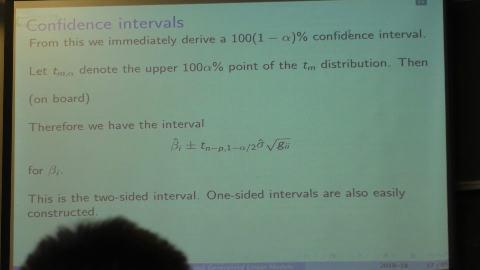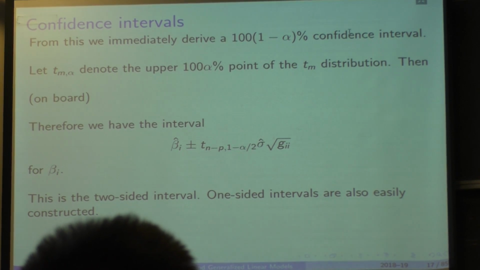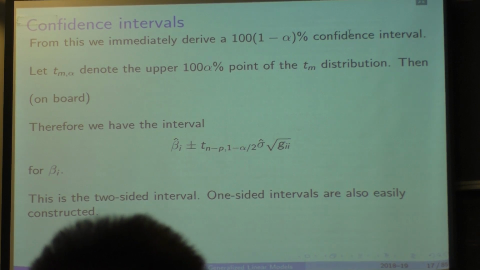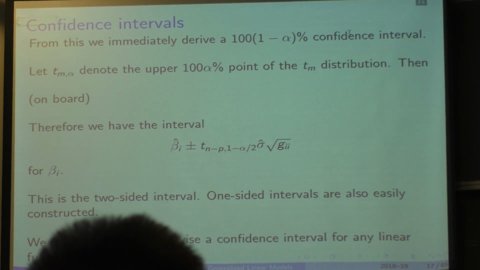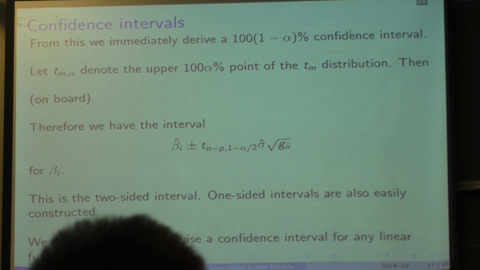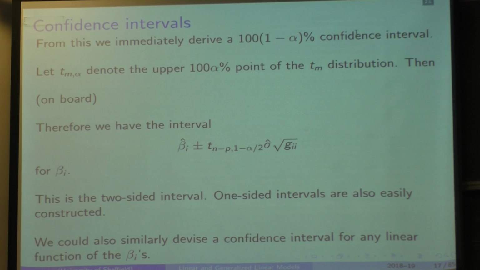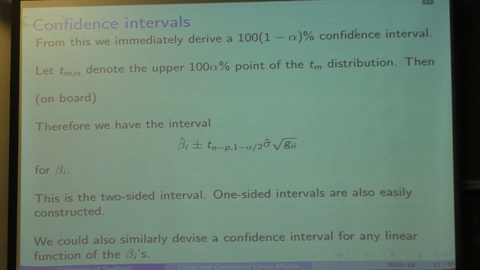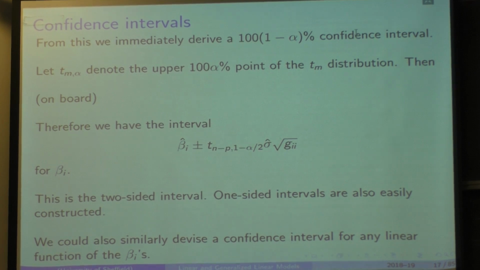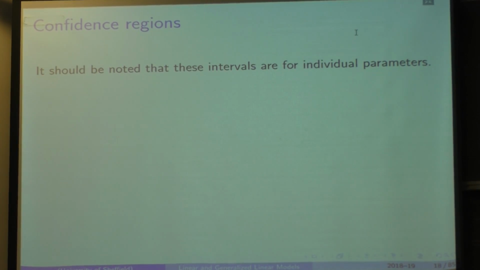Okay, I've done here a two-sided confidence interval, which is generally a more standard thing to do, but if you want a one-sided confidence interval, it is possible to derive one of those as well. By a similar sort of method, you could get a confidence interval for a linear function of the beta i's as well. I won't go through the details of doing that. One last point before I move on to section 1.9